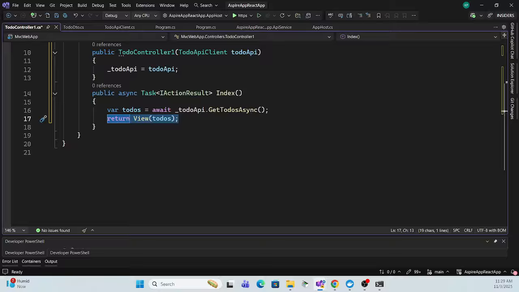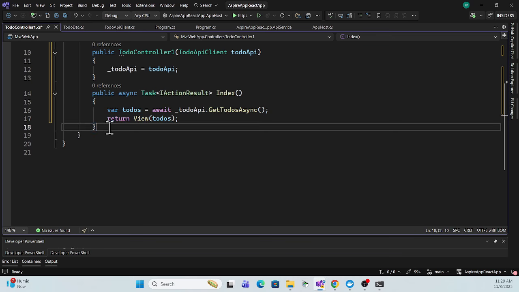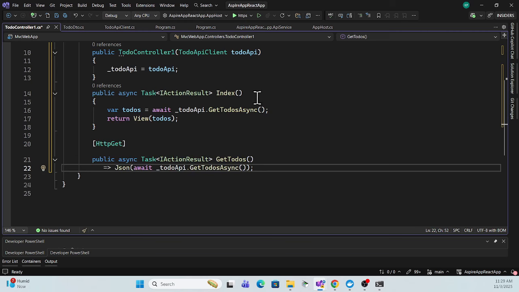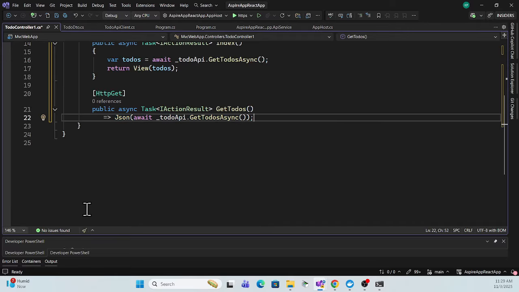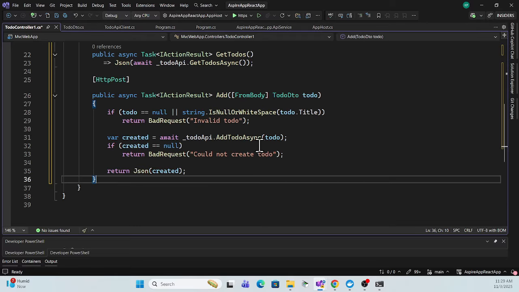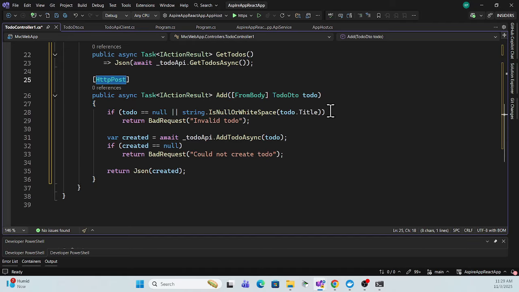So like this way we will implement the others as well. Like for example, if I want to get the to-do list, so here I can just simply use this, right? I can just use this get to-dos, and whatever that get to-dos returns I can get as a JSON response. And also if I want to post, so I can just post the data. Like I want to add that form, if I want to post the data to create a new to-do list, so I can simply use that add HttpPost and just use a model, same model, right, and pass all that links, and it will just call that API, it will create and return back that created result as